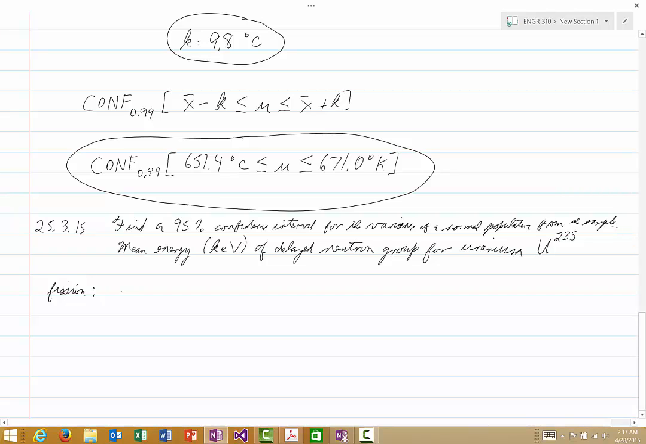It says a sample of 100 values with mean 442.5